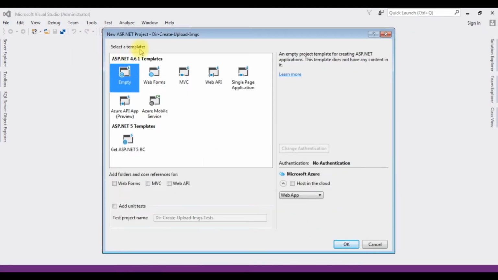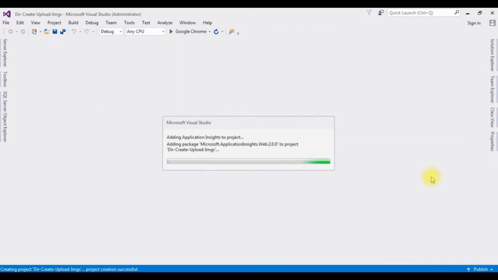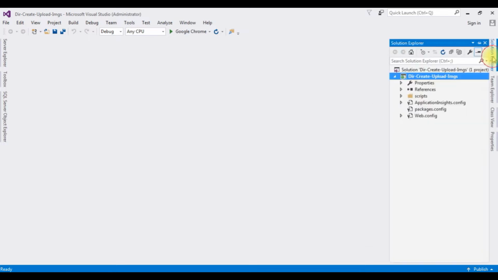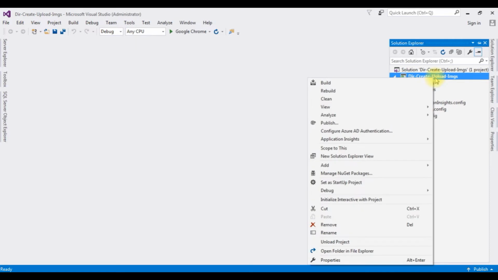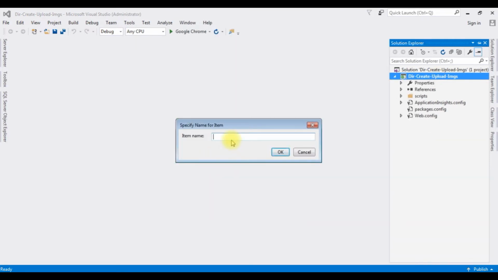I'm selecting empty from the templates. OK. And the project is created successfully. Open Solution Explorer. Now in this project I'm adding a new web form page. Right click the project name, add web form. The page name is create folder